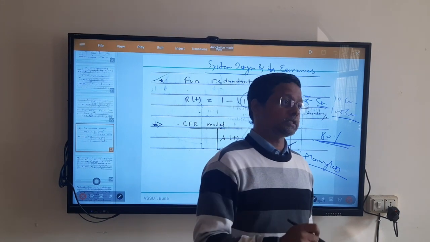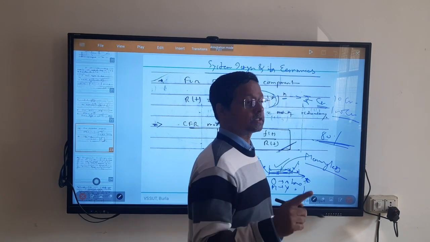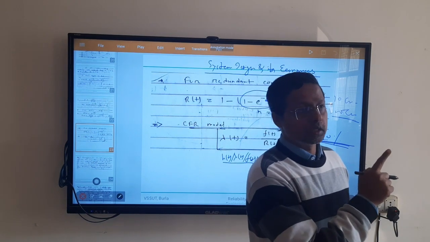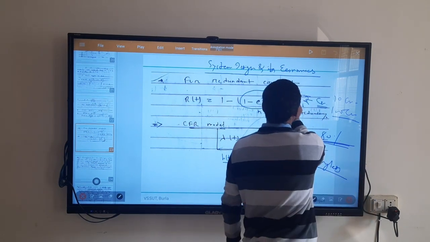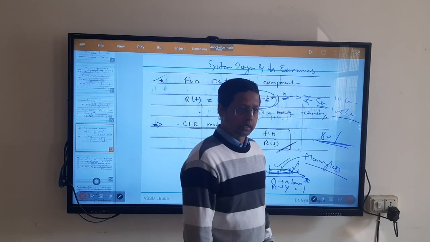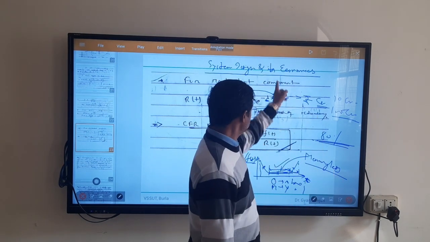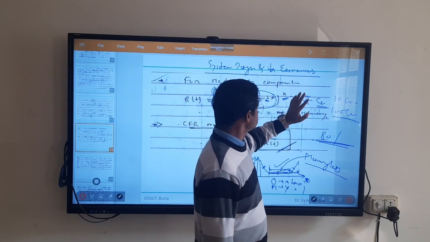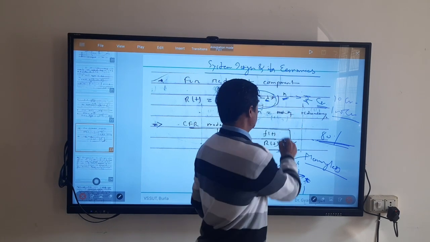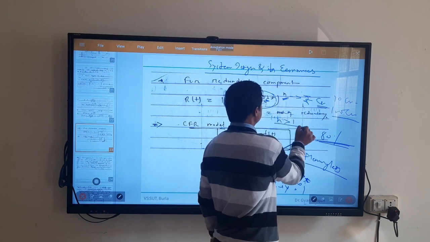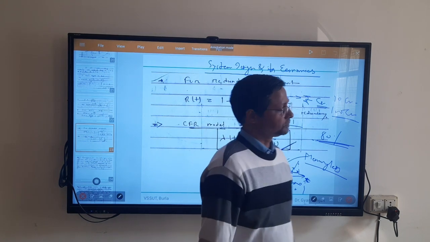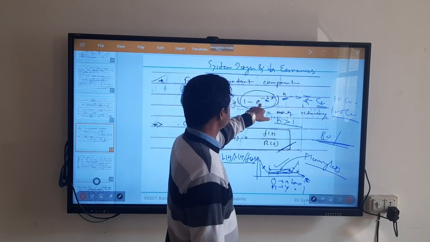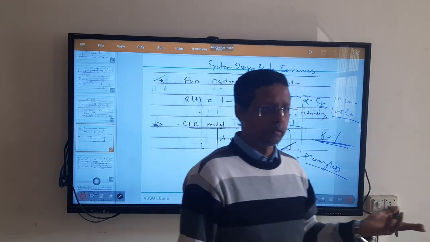Now, redundancy always comes at the price of escalating cost, so I need to fix this value of n. How many redundancies? So n is some integer value of redundancy. If n is equal to 1, what will happen? It will simply be e raised to minus lambda t, isn't it?